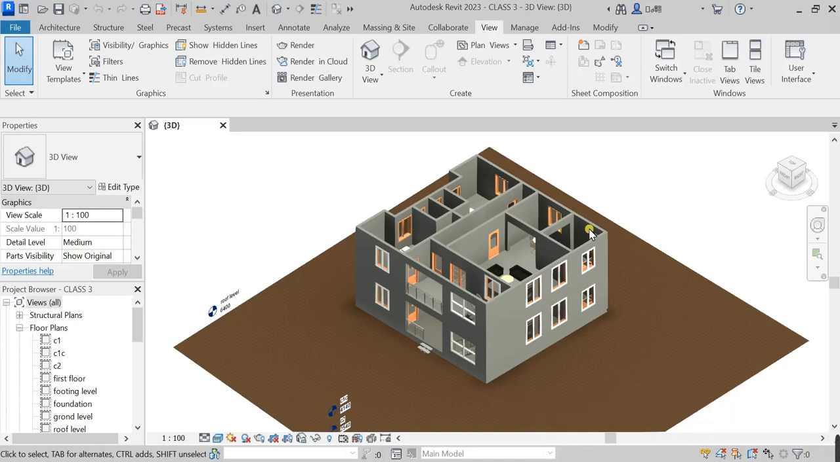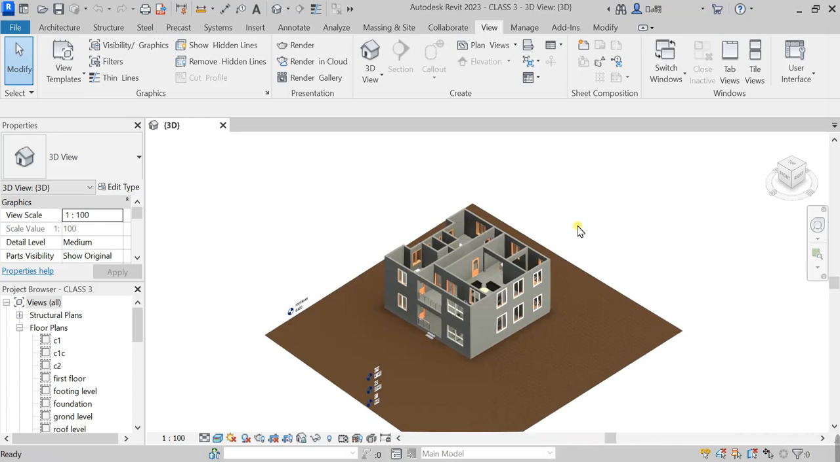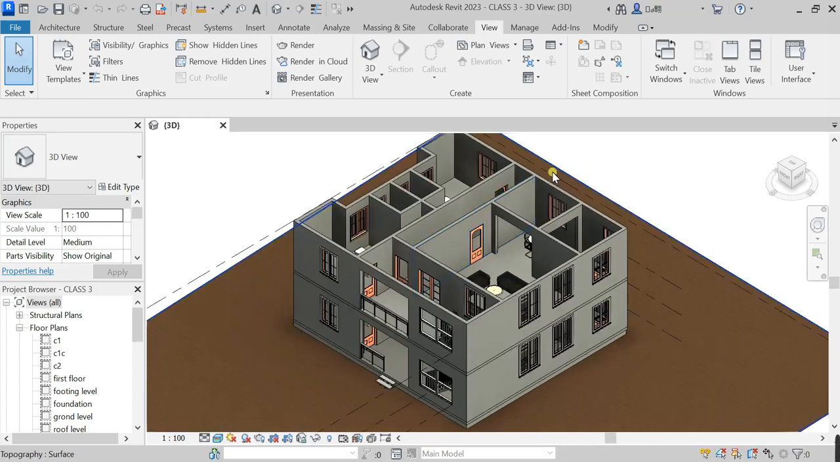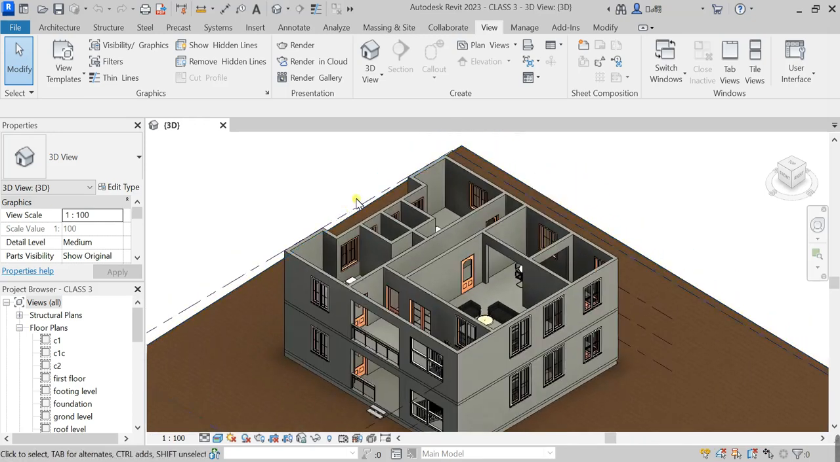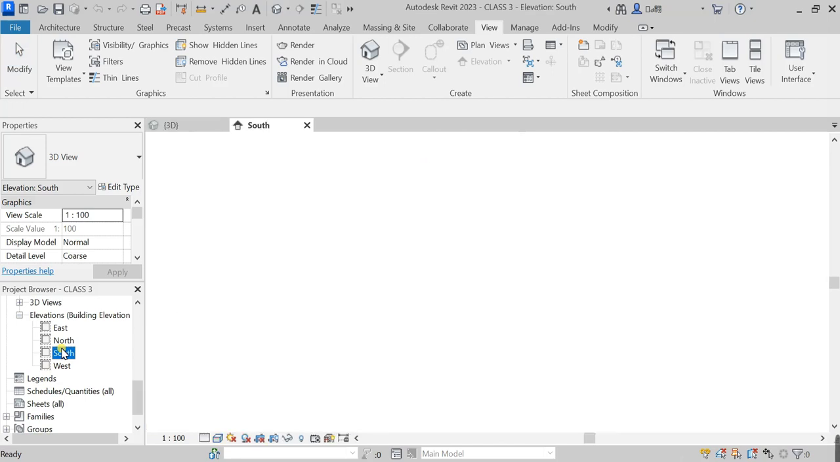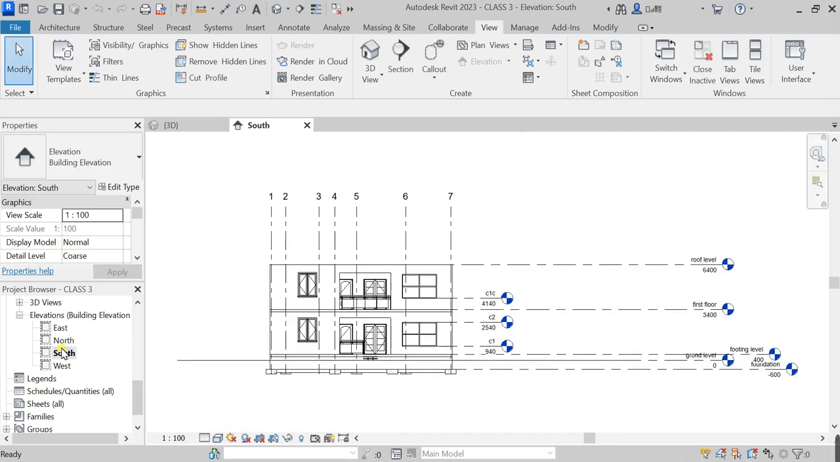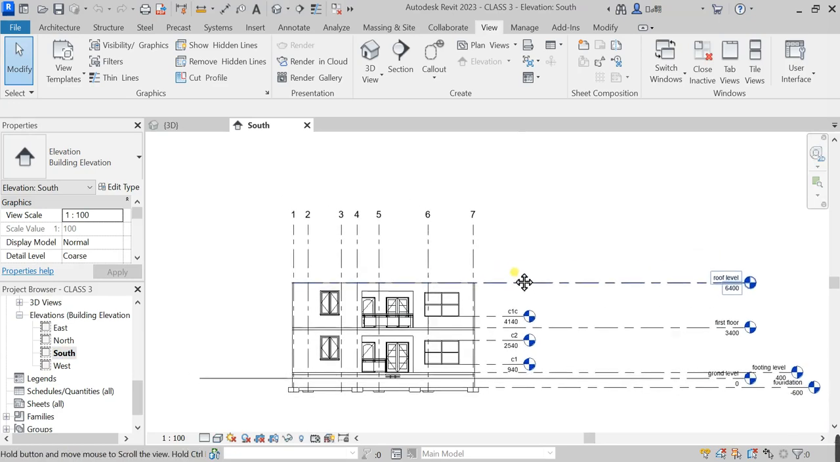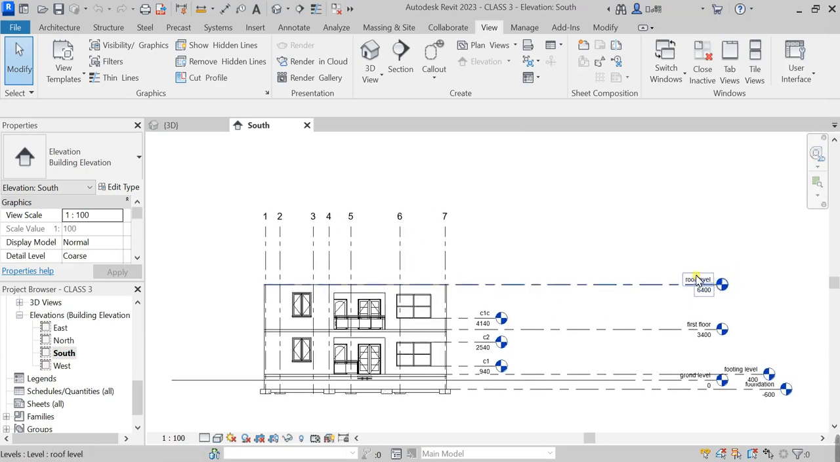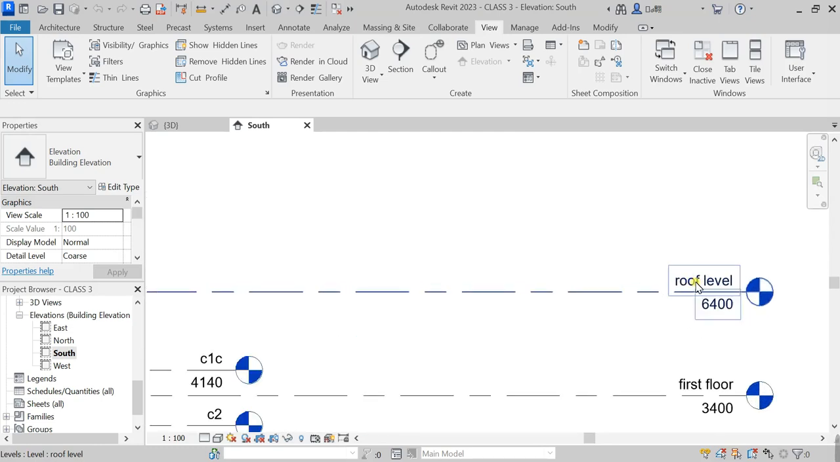In Revit. So before I start with the roof, I have to check my levels. I'll just open my south view from the project browser. So I will check the south. So this is my south and the secret roofing. I have to change this roofing level to